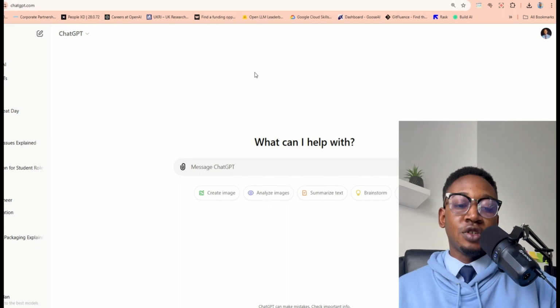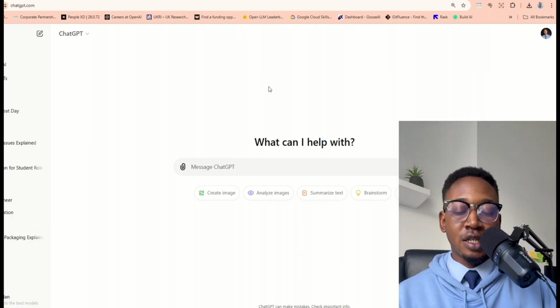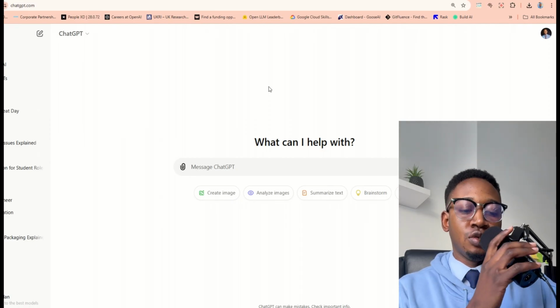And the first thing I'll be showing you is how to apply for jobs, the easiest way you could apply for jobs. And one thing I want you to understand is that the language of any AI tool is